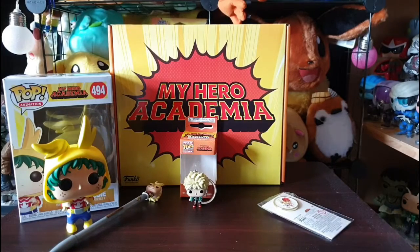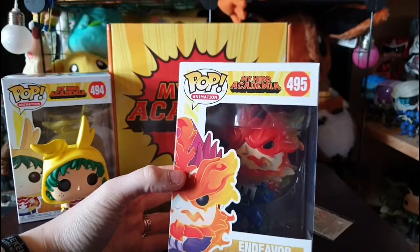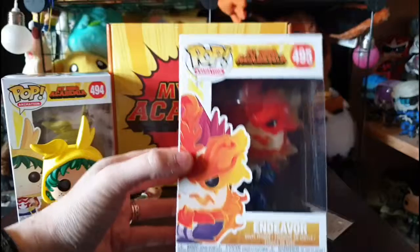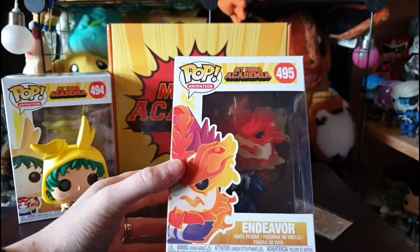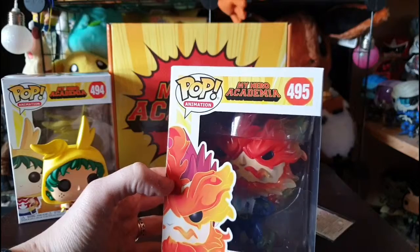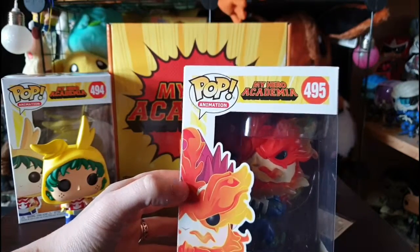Okay, next up we have Captain Grumpy himself, Endeavour, or Todoroki's bastard dad. I really did not like him at all, especially when going through Todoroki's backstory through the sports tournament. He's not a nice dude, basically. He just really is jealous of All Might and is basically trying to raise Todoroki to be better than All Might's